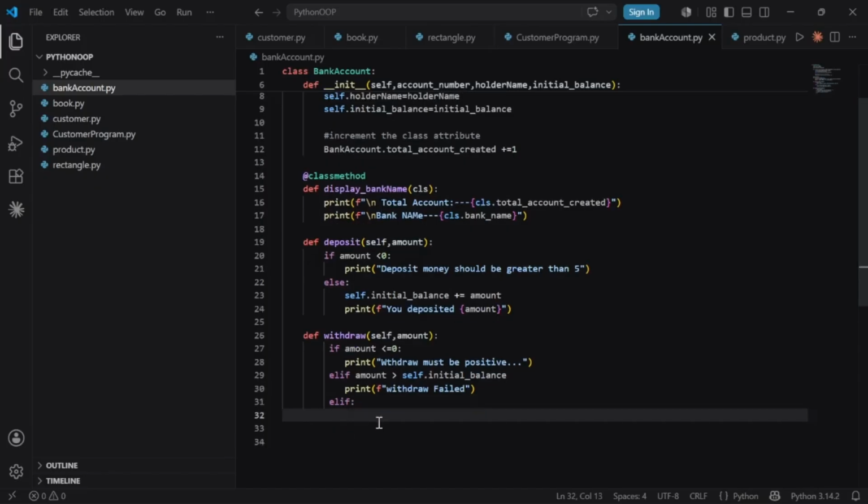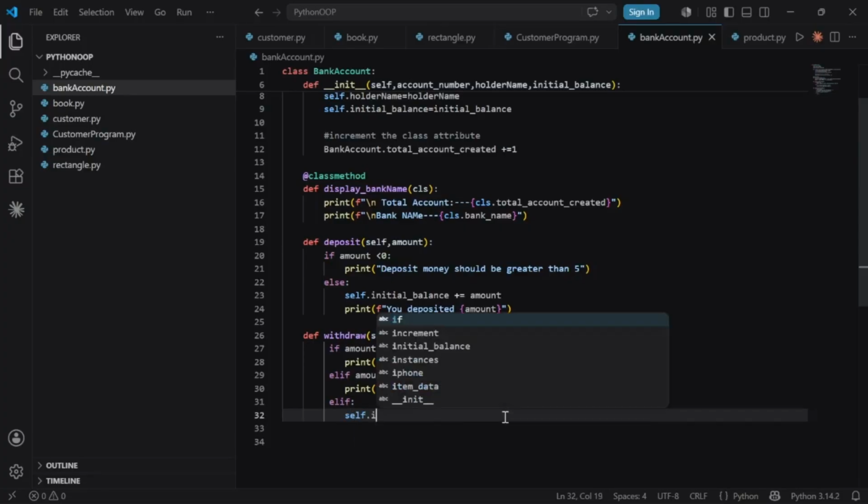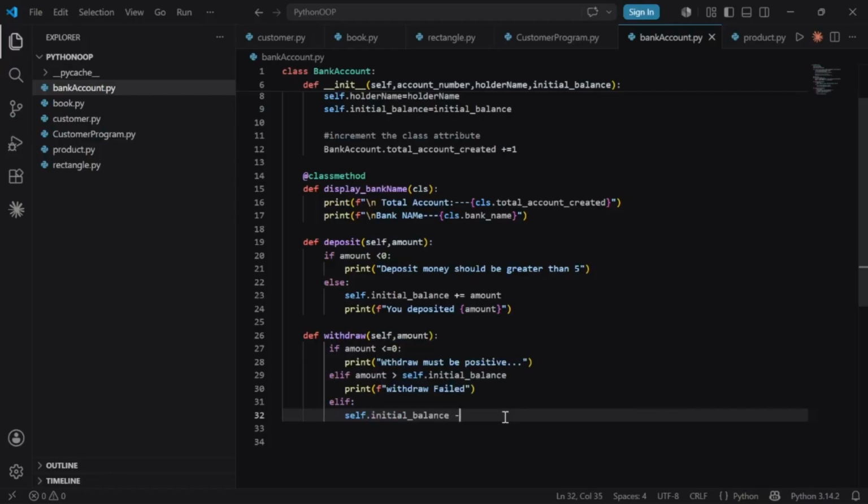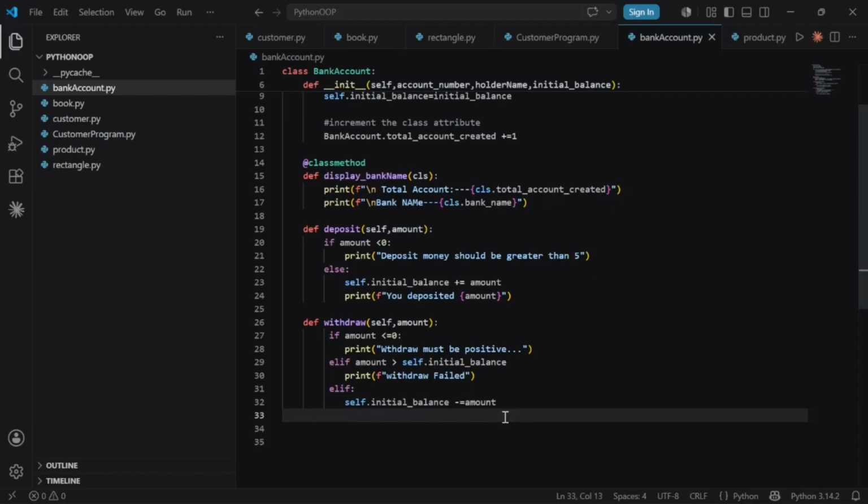Then the last option, that means the amount is not less than 0 and it's not greater than the initial balance. Then we have to subtract. So therefore, initial balance minus the amount. That means we have successfully done what? Withdrawn. So now there is only one last method that we have to demonstrate by creating an instance method to